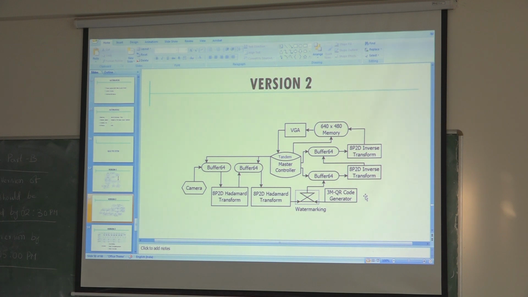This doesn't have a decoder. This will just generate the QR code and embed it. So if you want to decode it, you have to take the video or an image, extract the frames, and transpose that frame. Again you have to extract the watermark bits. So the user alone can do it because he only knows in which position he did it. He knows which position he did. So in some other software or some other system, you need to extract the watermark and show that this is the watermark data inside it, so this is mine.